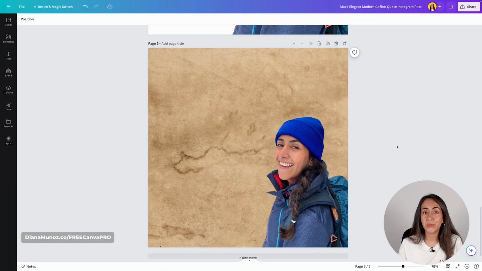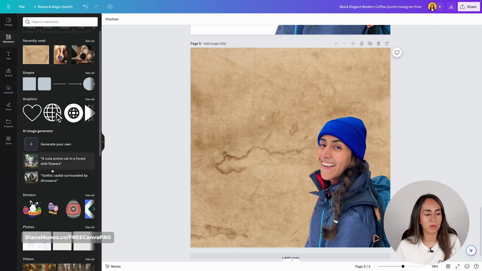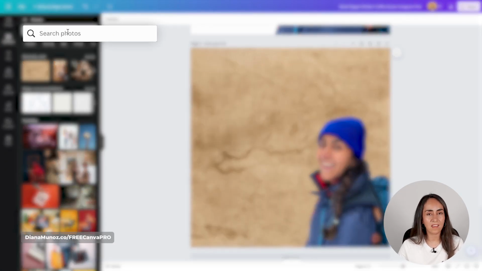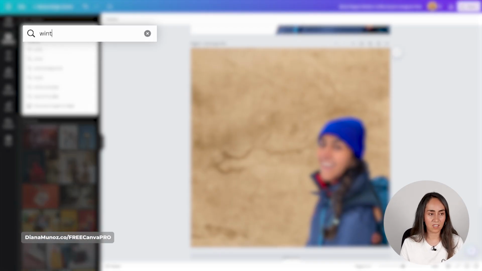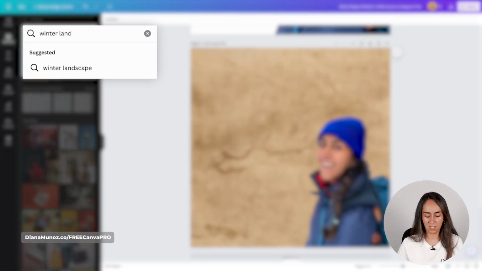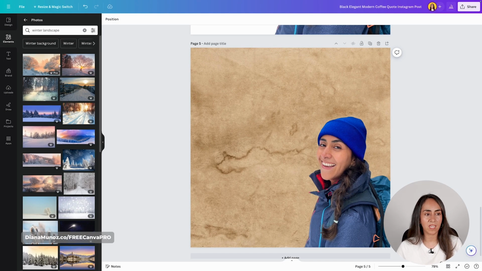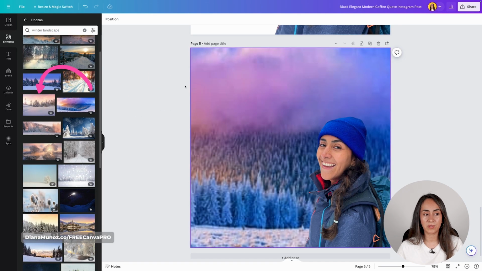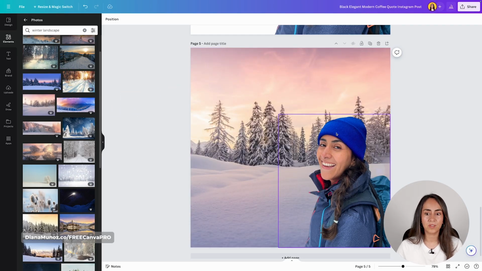And lastly, I just wanted to remind you that yes, you can play around with your own images, but there are plenty of images in the library. So you go to elements, remember to go to photos, see all, and then you can search for anything from here. So let's say that I want to see a winter landscape and position it behind me. So I'm going to drag this photo behind my photo